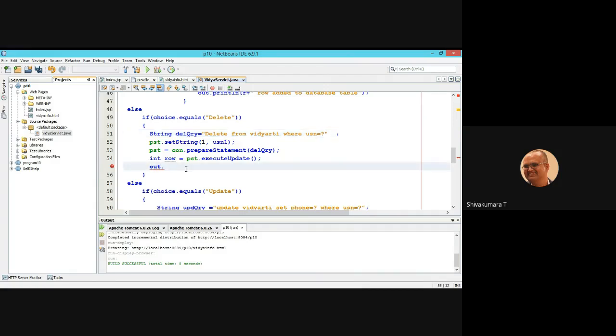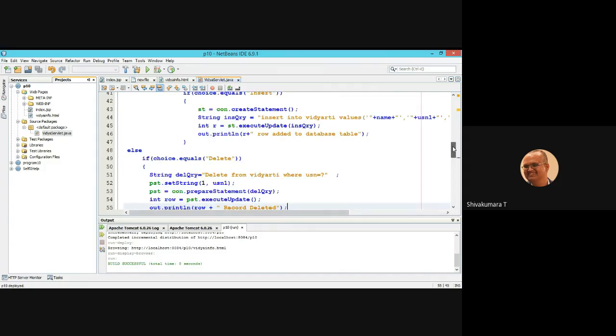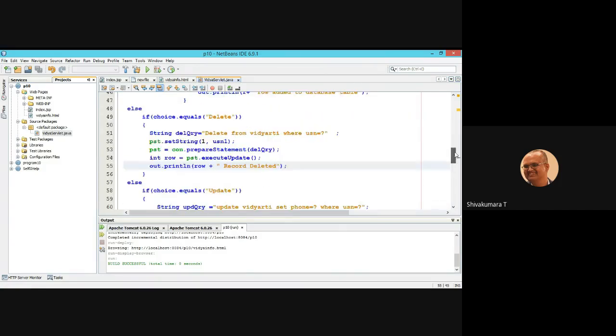Out dot println: row record deleted. This is about the deletion of the record. Insertion over, deletion over. Now update.